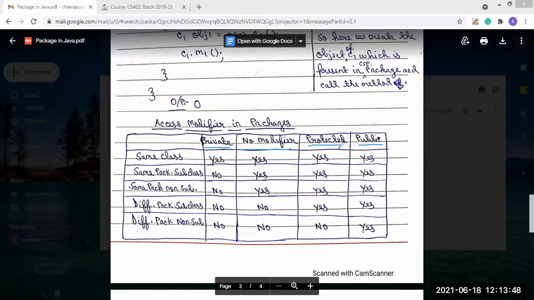In the case of protected, it will work everywhere. This access modifier will work everywhere, only if it is a different package and non-subclass, then it will not work.